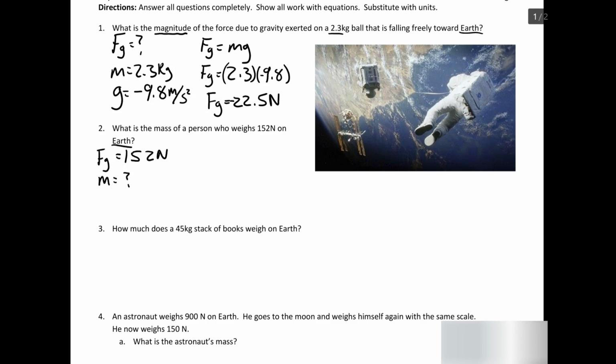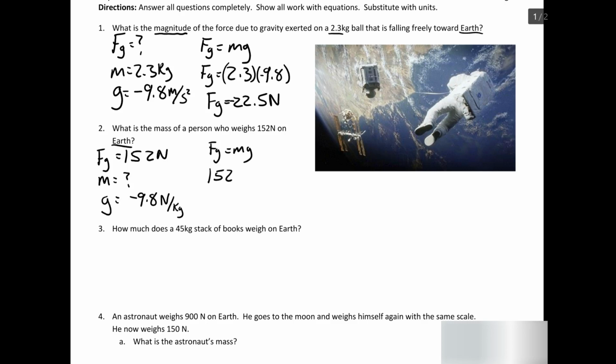And again, we're on Earth, so g is equal to negative 9.8. We could even use newtons per kilogram. That's the gravitational field strength. 9.8 newtons for every kilogram at this position in the gravitational field. So again, Fg is equal to mg,